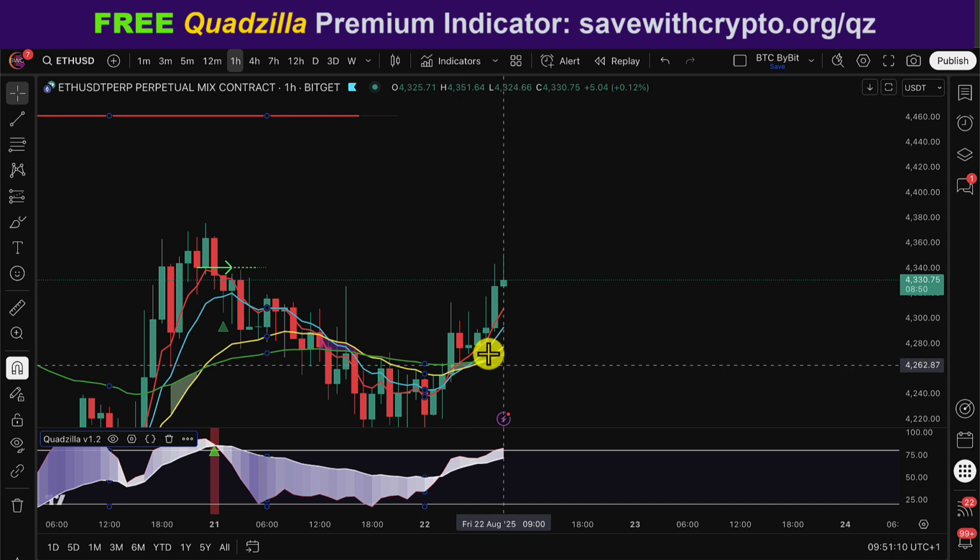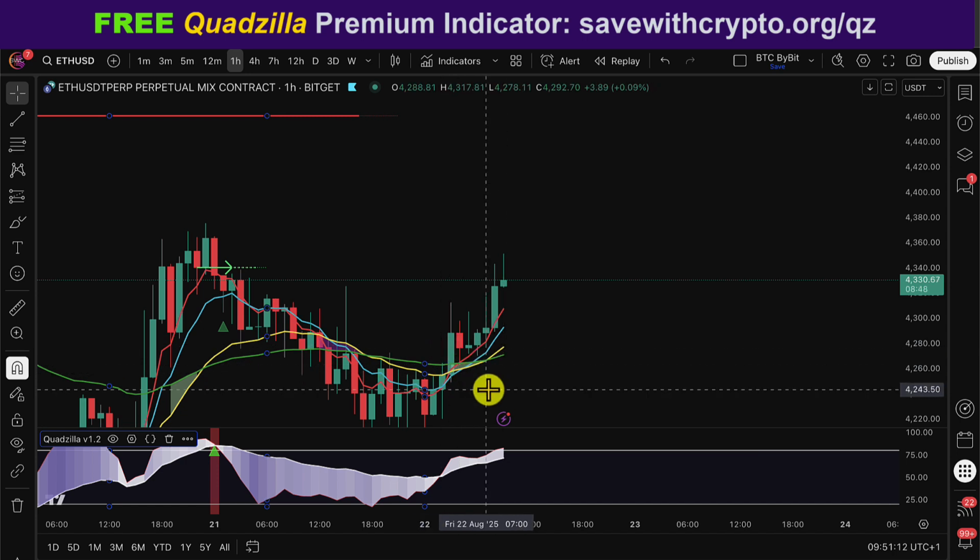So that's what to look out for, and that's a really simple use of Quadzilla, which you can get by